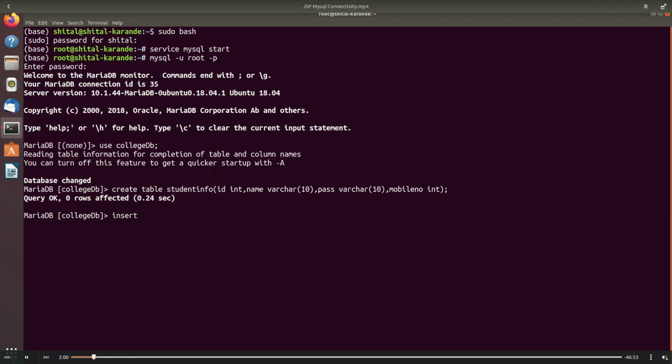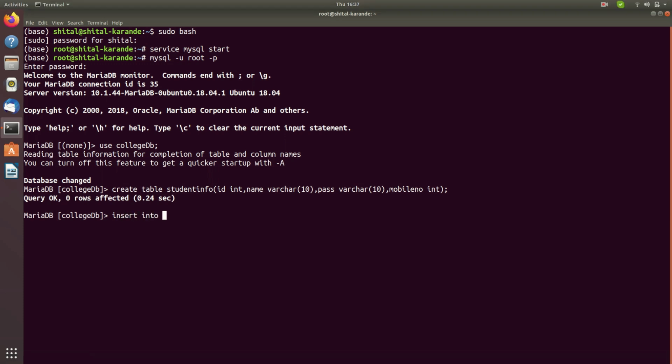After creating the table, we are inserting the records into the student info table. So the MySQL table would be providing the backend for this login procedure, that will be having the stored information of the registered user. So when the user will be logging in, these registered records would be checked.